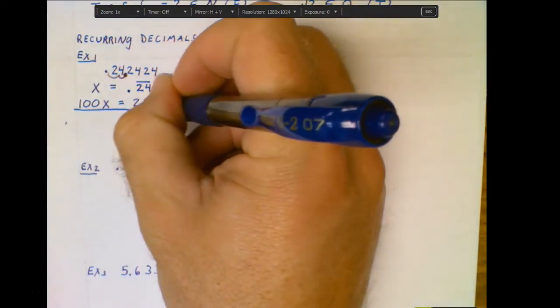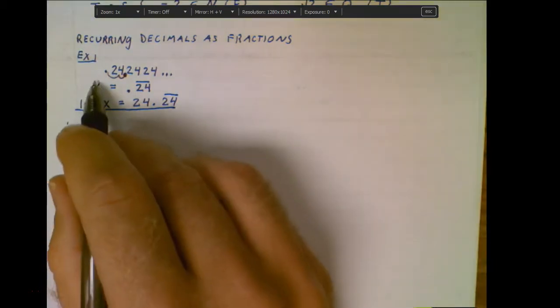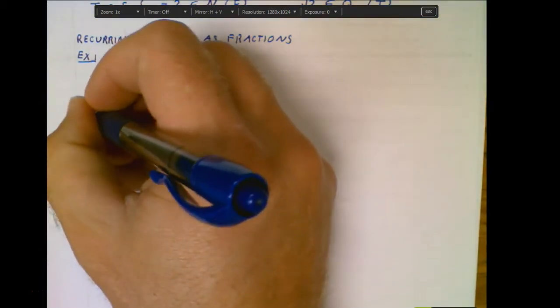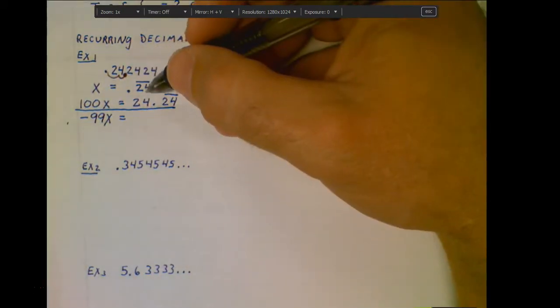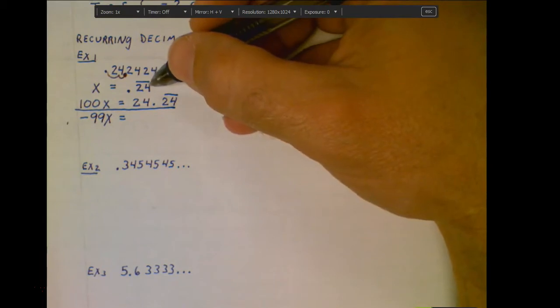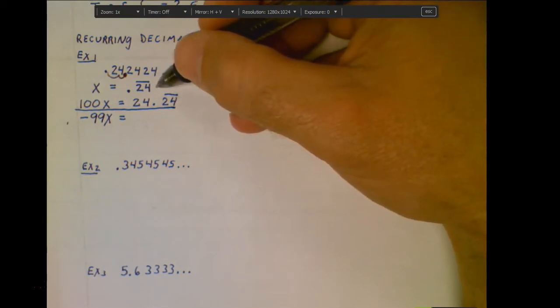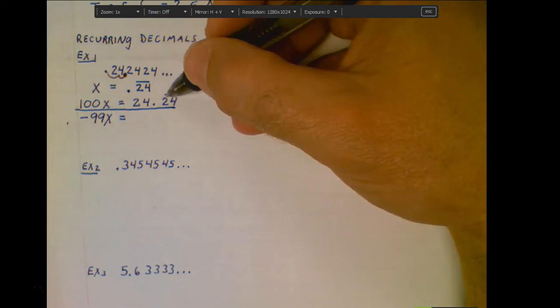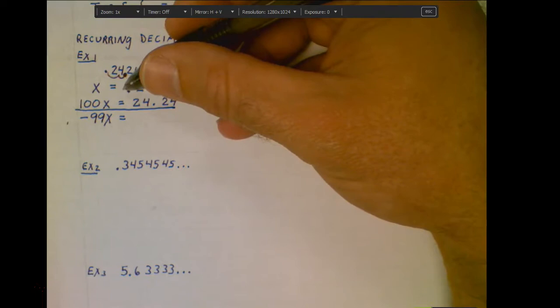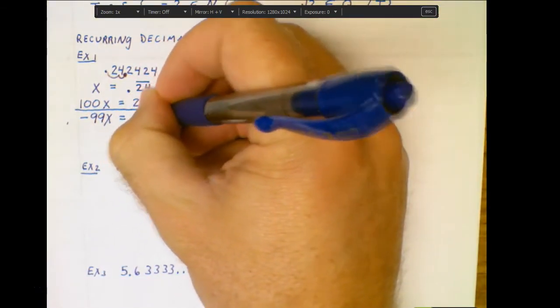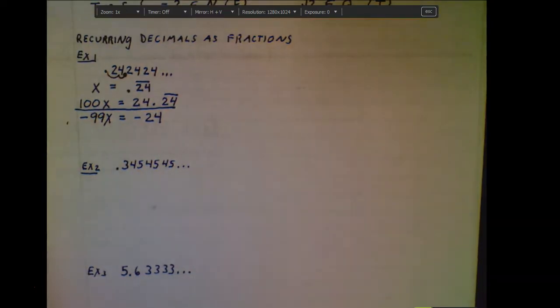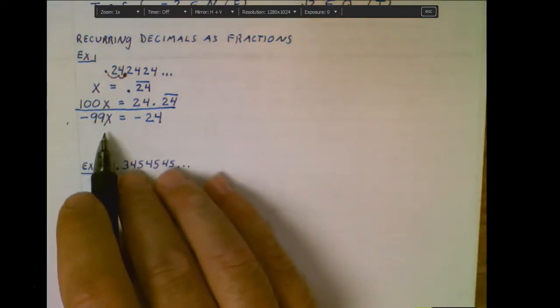And so the whole purpose of doing that is because now, if I just subtract straight down, I've got 1x minus 100x on the left, and on the right, when I subtract here, the repetition will cancel. So my 0.24 repeating minus 0.24 repeating would cancel, and I'm left with nothing but 0 minus 24, which is negative 24. So we were able to eliminate the repetition, and now if I divide both sides by negative 99,